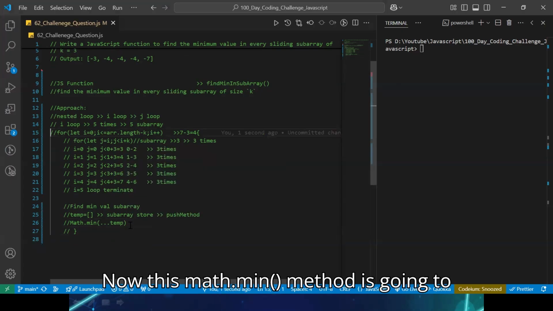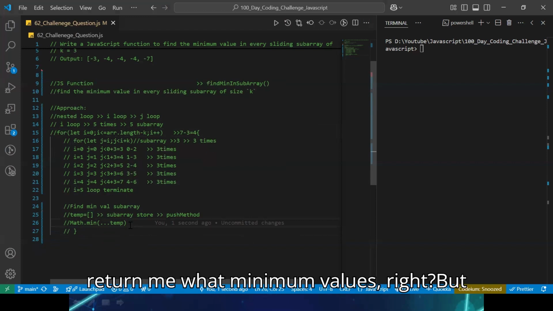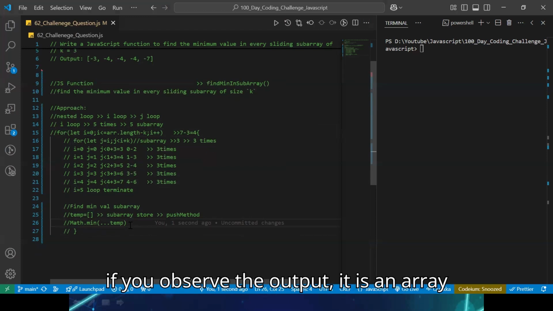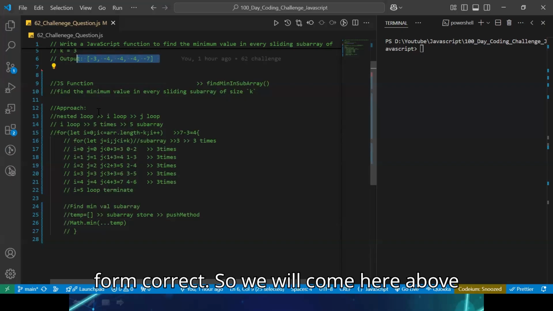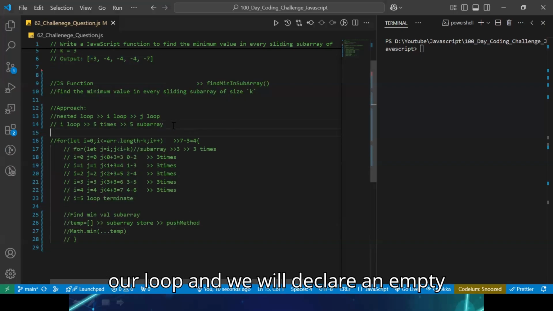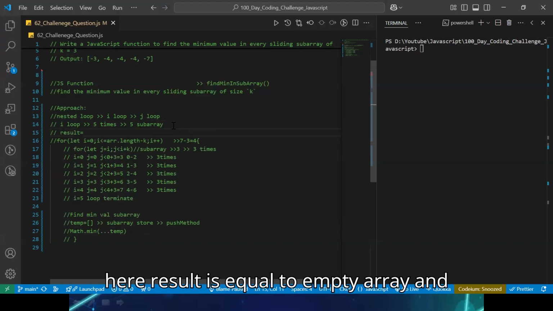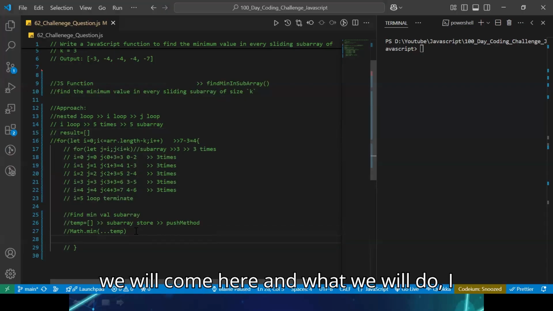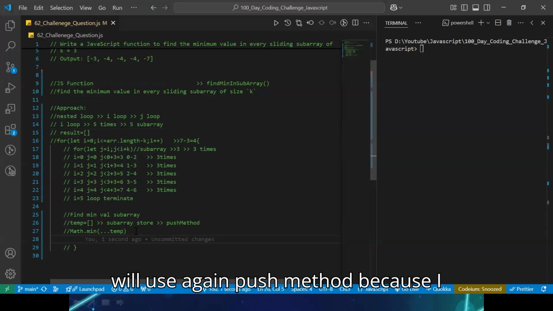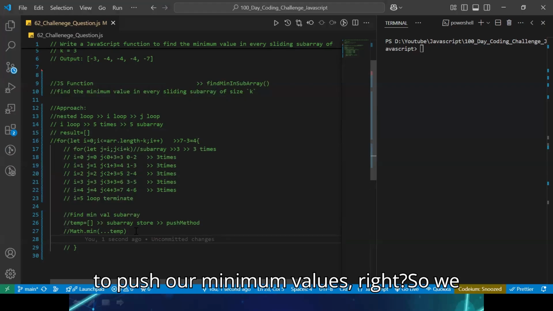Now this math.min method is going to return me minimum values, right? But if you observe the output, it is in array form, correct? So we will come above our loop and declare an empty array called result. So I will write result is equal to an empty array, and then I will use the push method again, because I want to push our minimum values.